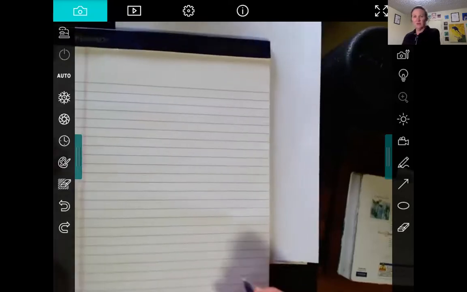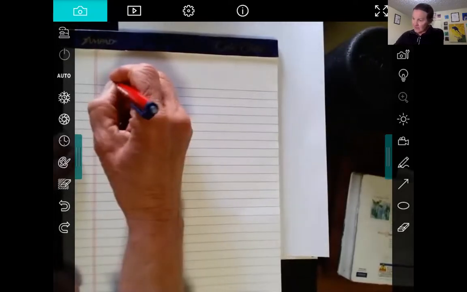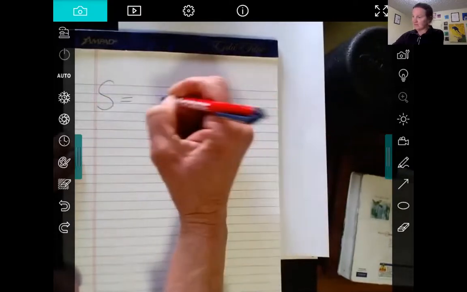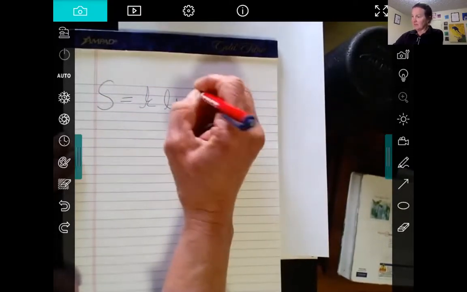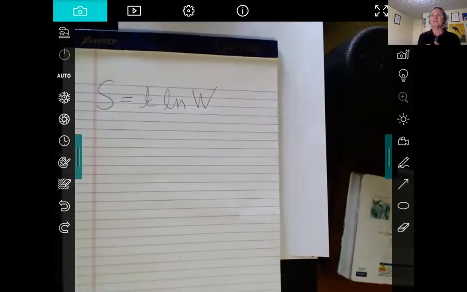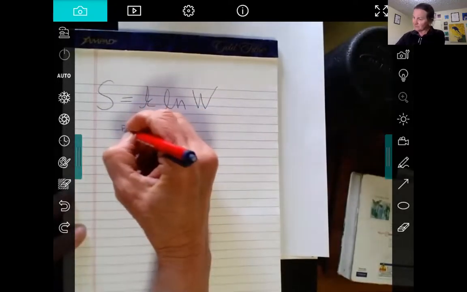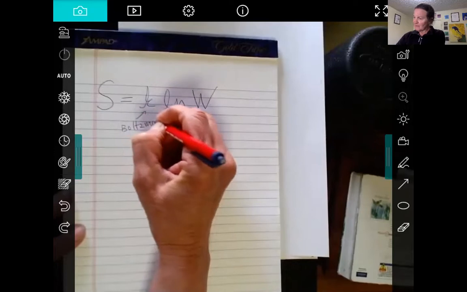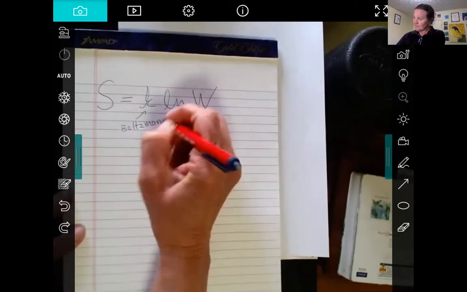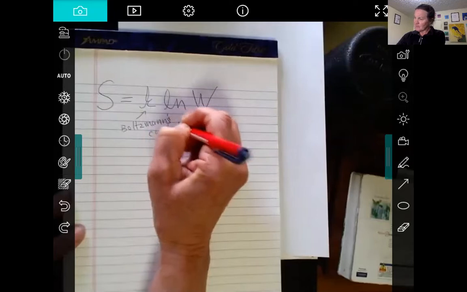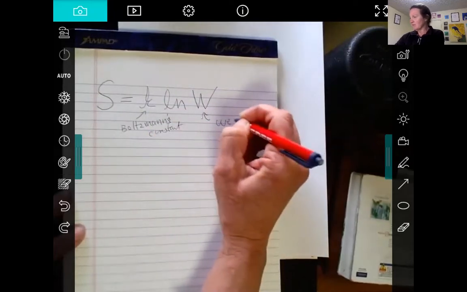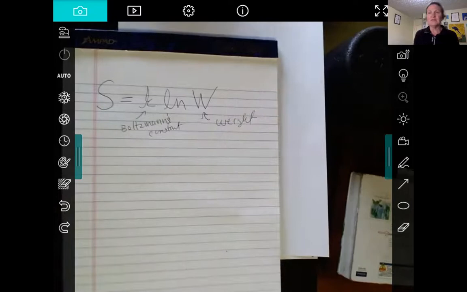Okay, so what is weight? What is W? Entropy from physics is, if you look at a molecular system and you actually look at the particles, what is entropy? So entropy equals k, this is Boltzmann's constant, ln of W. He came up with this equation, and W is called the weight. And what's really true is entropy is a measure of the probability of something happening.